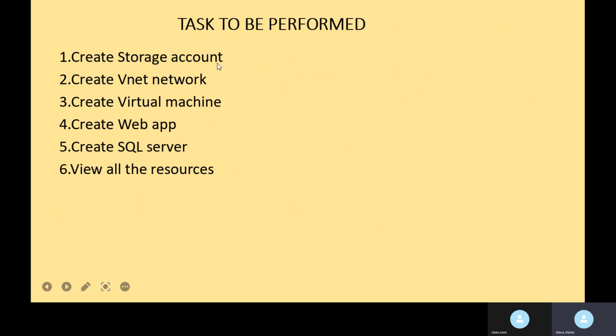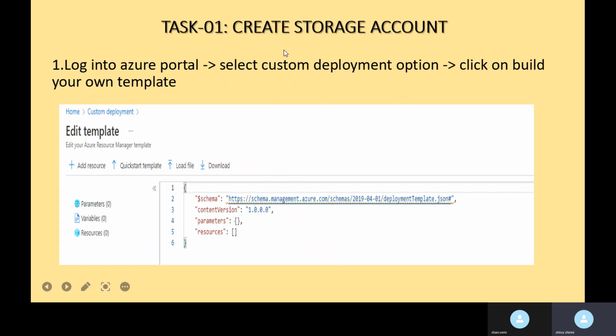So I'm going to do these tasks now. First, we'll create a storage account resource type. Then we'll create a VNet network resource type, and also the virtual machine, and the web app service from the ARM template, and the MySQL server also. Once all are deployed in the resource group, we can view all the resources and verify. So first step is we are going to create one storage account resource type